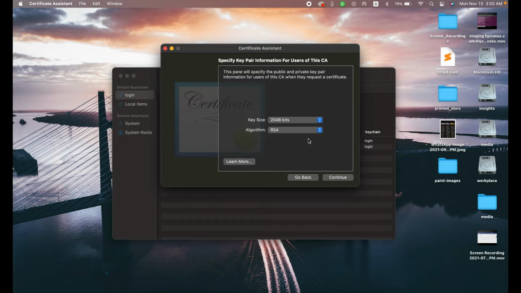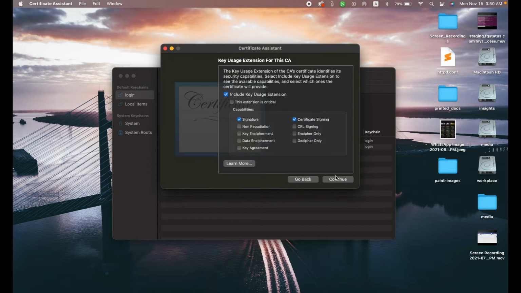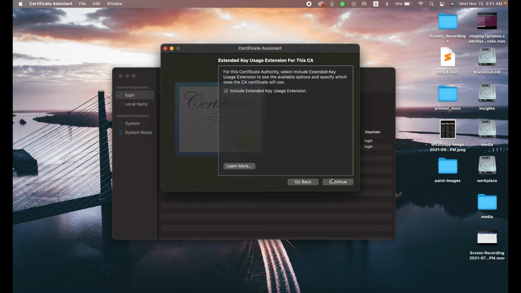Here I'm going to again give you some information about the key value pair. Click continue. Here you can see I have some information. I need to pick up that information over here. You can see these are all the settings, but for code signing they are not necessary. So click continue. Click continue. Okay, now here if I click over here, I need to choose this option, and now I need to pick code signing. Click continue.